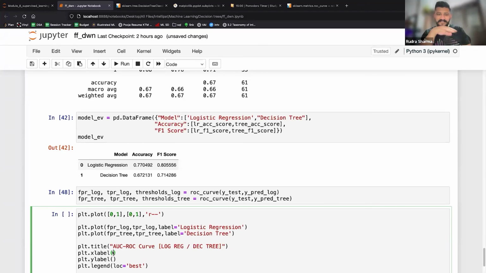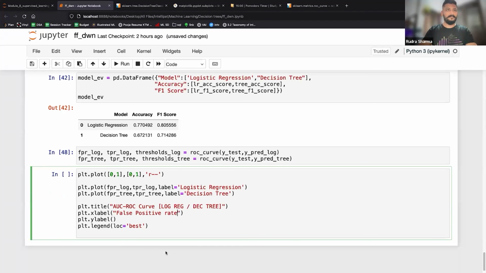X label. What comes on your X label? The false positive rate, right? And this is the true positive rate. Okay? Now let's take the whole thing, copy, paste, and apart from false, true positive